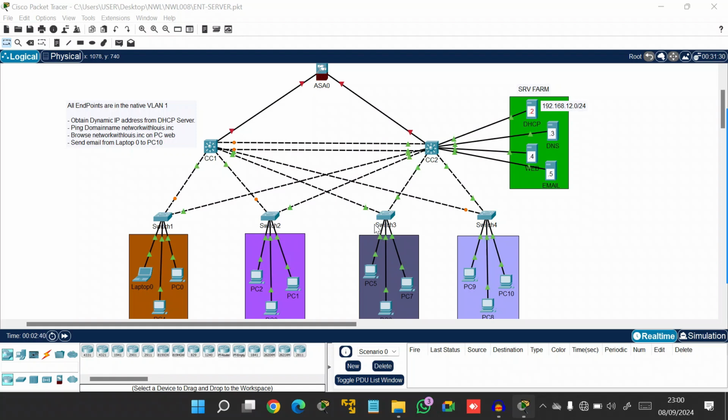And also we have the task on the left-hand side, which is to obtain a dynamic IP address from the DHCP server. We are also to ping the domain name networkwithlouis.inc. Then we are also to browse networkwithlouis.inc on the PC web, and we are to send email from Laptop 0 to PC 10. So looking at this topology, we have 4 departments,